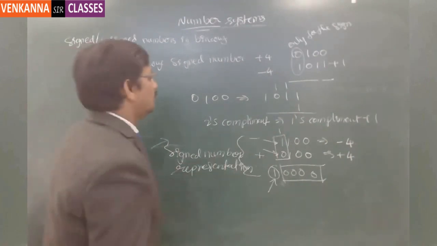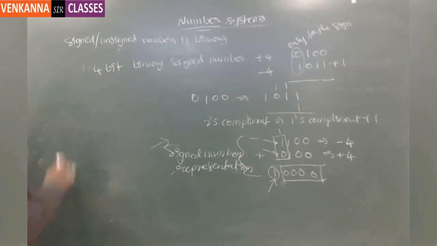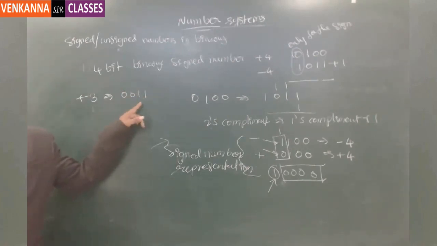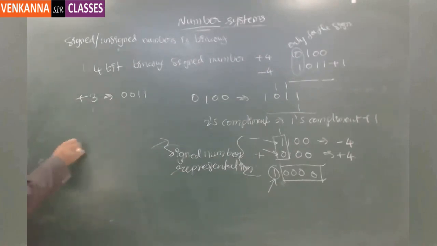See this, if you take any number, let us say 3, plus 3 can be represented with the help of 4 different digits. First you keep 0 as the leading digit and then 1 1 is the 3. So as you need to use 4 different digits, 0 0 1 1. This is representing plus 3, which is allocated 4 digits, and the leading digit represents the sign, which is plus for us. Now the 2's complement of this: to represent minus 3, what you need to do is 1's complement